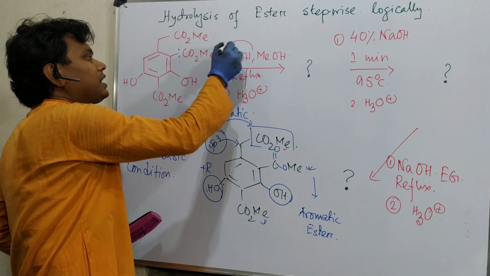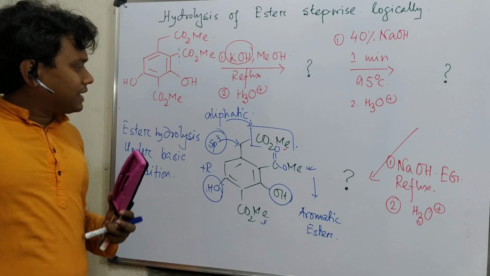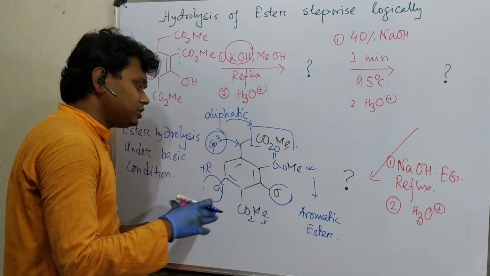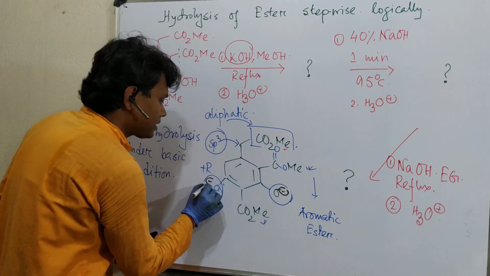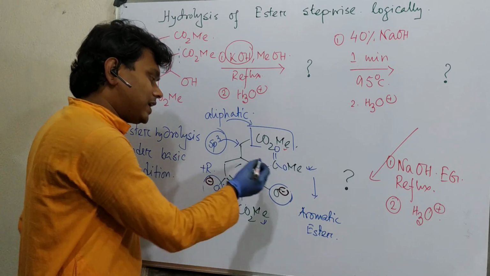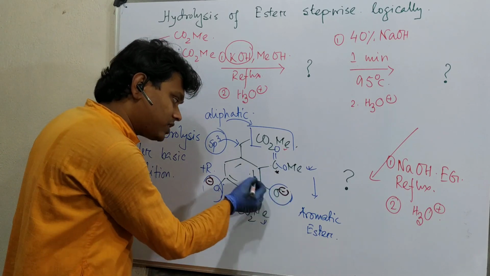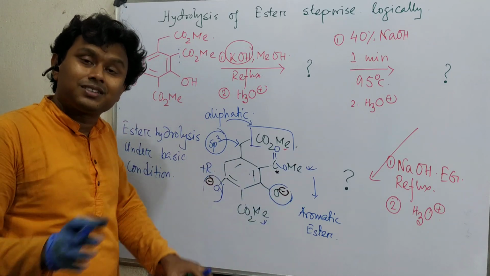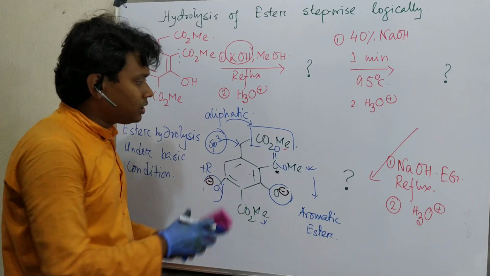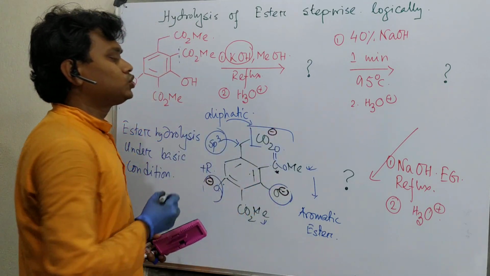This is KOH, a very strong base. So we can expect that under this condition, this OH may remain in equilibrium with its corresponding phenolate. What is the consequence? Through this conjugation they were not that electron deficient, and now their electron deficiency will reduce further, but it will remain unaffected because no direct conjugation is possible. Consequently, this will be hydrolyzed to make carboxylate.